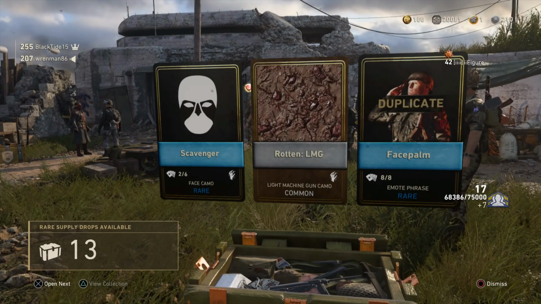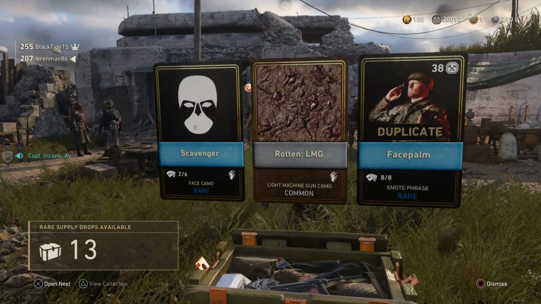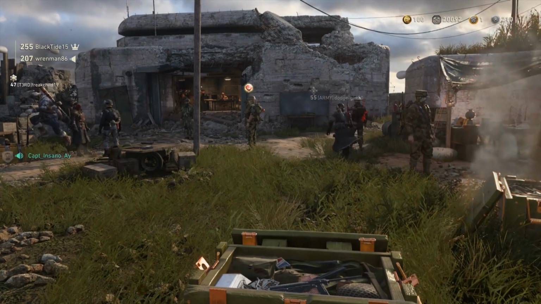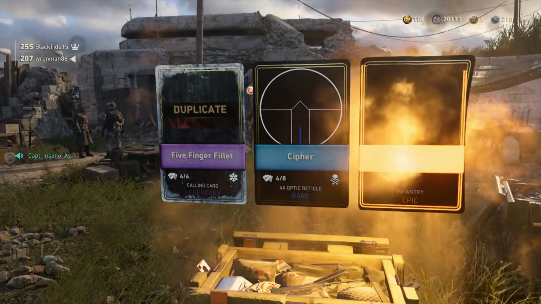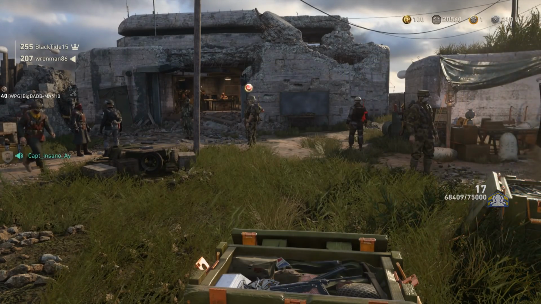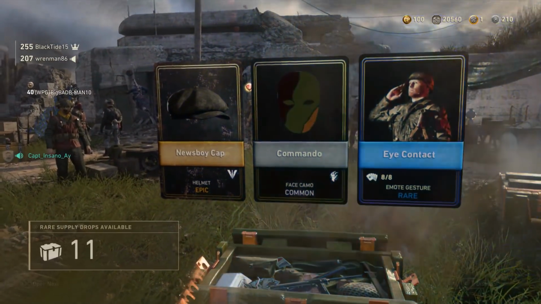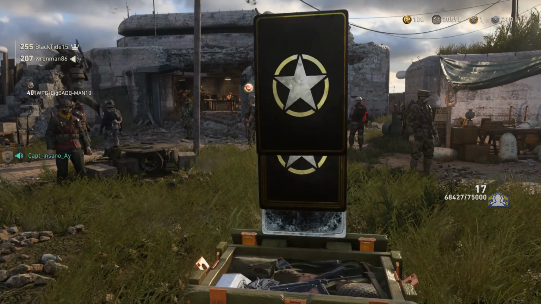Rotten LMG, that's another camouflage, but that one is not part of a collection. So even if it has the Undead card, it doesn't necessarily mean it's part of an Undead collection. So that's interesting to know. Winter items. Regiment of Dragoons is a duplicate. Optics for a 4x zoom. There's an epic. Newsboy cap. I don't really change my helmets too often, so...